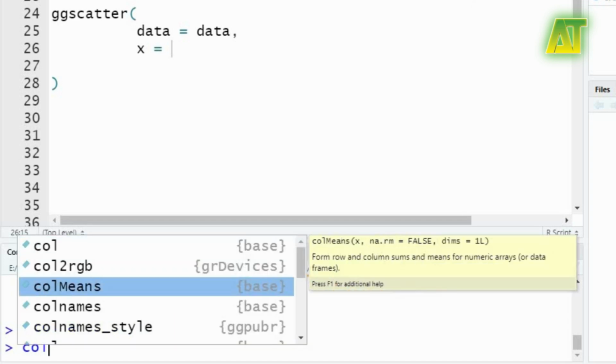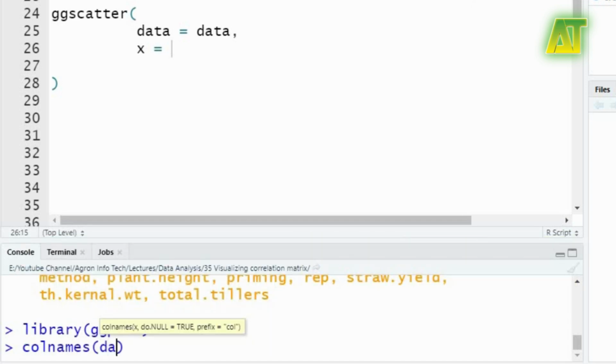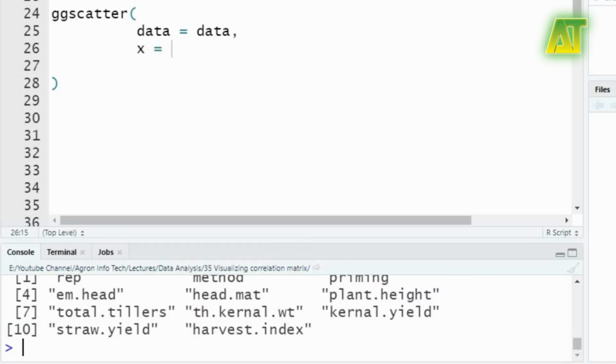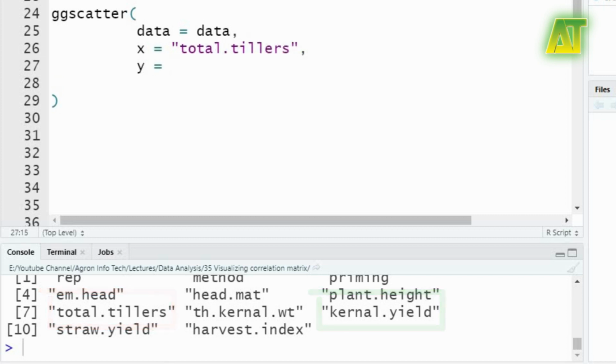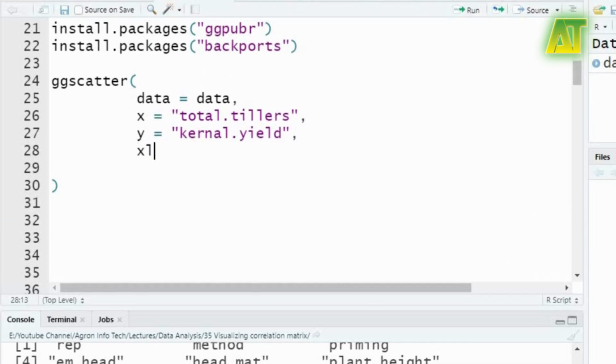We can simply apply the colnames function to the data object, and this will print the names of each column from the dataset. From this information, you can easily type the name of the variables for which you want to see the relationship. Let's suppose I am interested to see the association between total number of tillers and kernel yield, so I shall use these variable names in the x and y arguments.